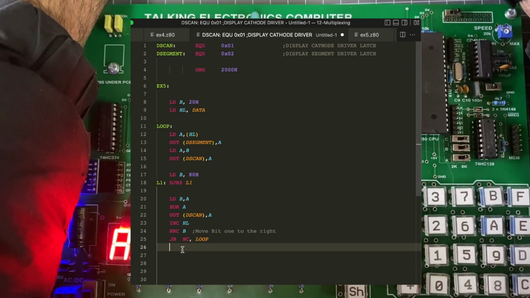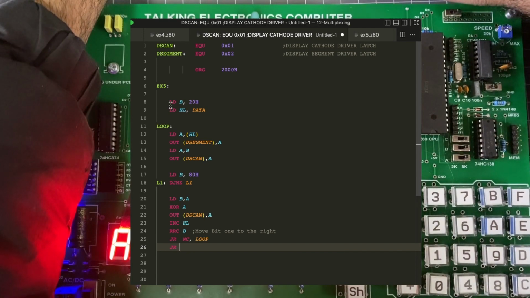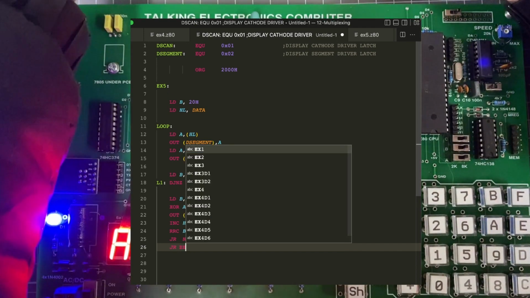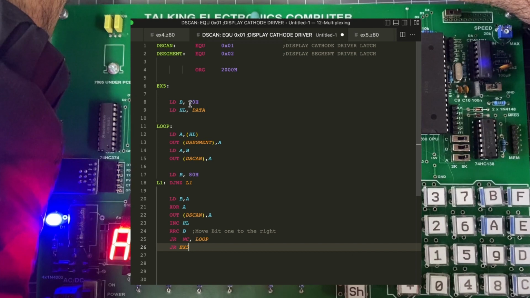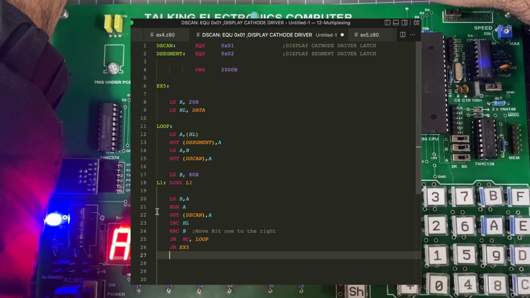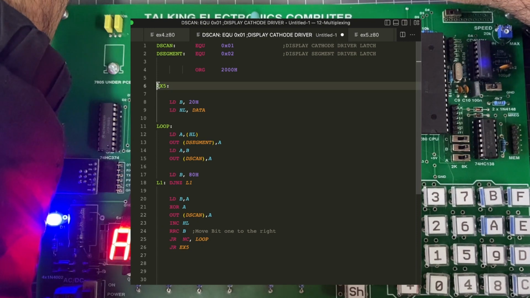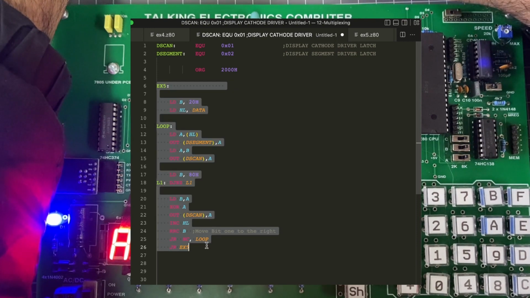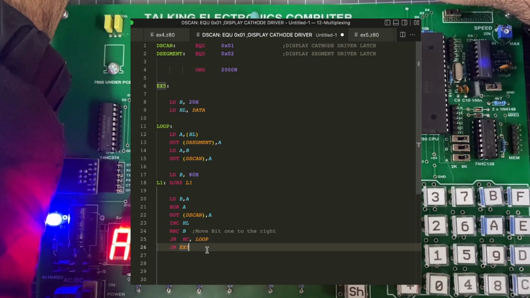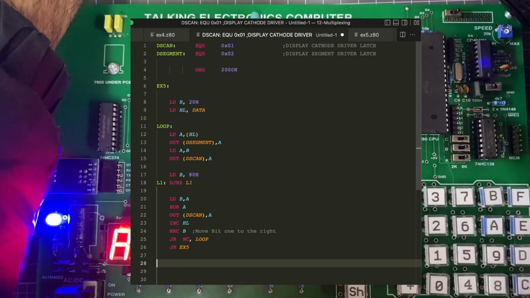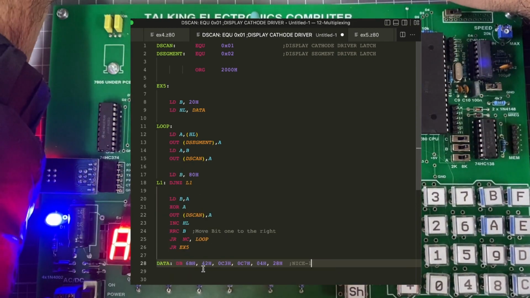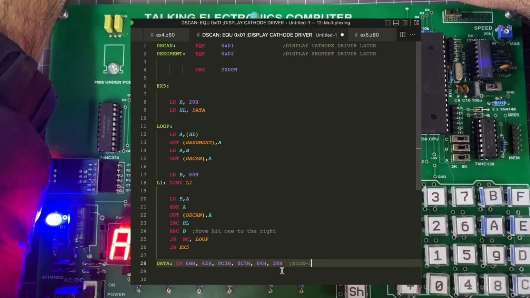So all we want to do is jump relative back to EX5, the start again. And that will reset B, reset HL, and the whole process will repeat. And that's it. So you can see here, much more compact code, way more efficient than what I just did in example 4. Plus we get some variable data, so we're loading the data from memory, and it's about as efficient as possible. Now we need some data here, and let's just cut and paste these 6 bytes, and it